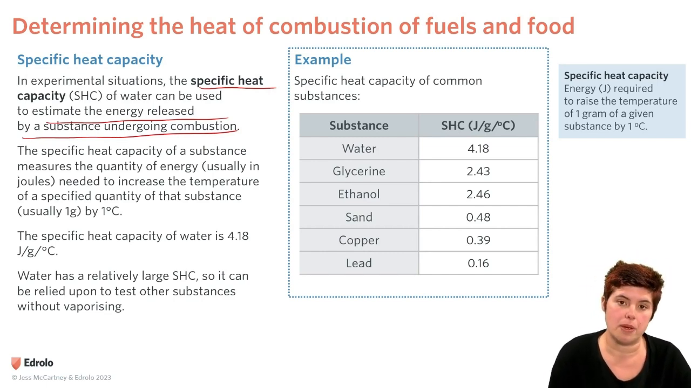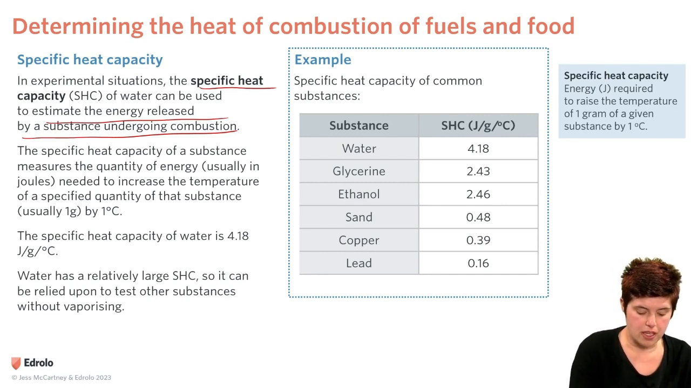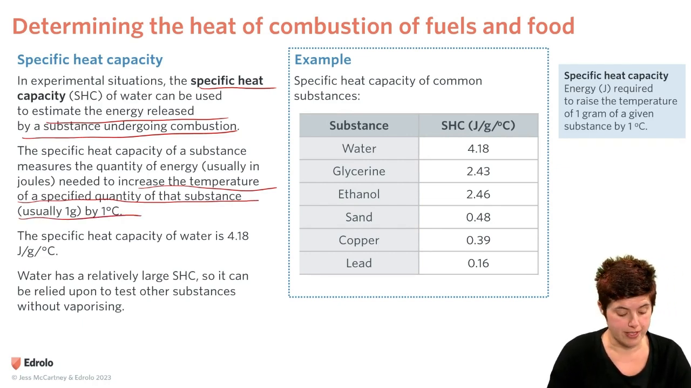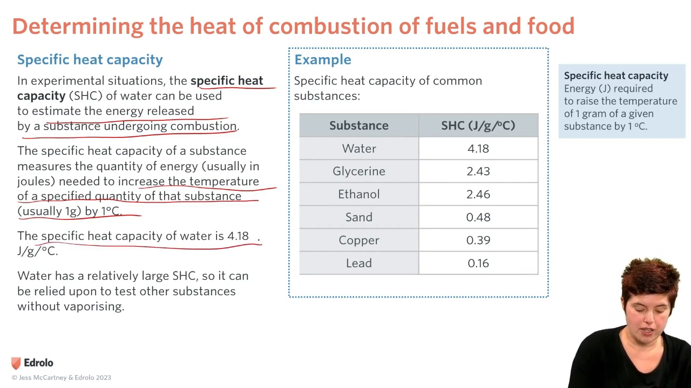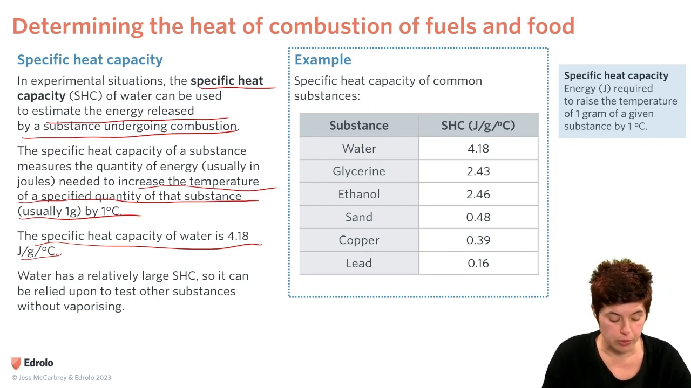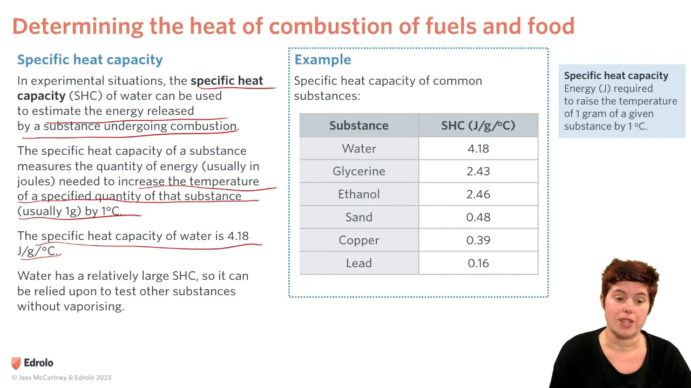So if you remember back in Unit 2, the specific heat capacity is the energy required to increase the temperature of a specified quantity, usually 1 gram, by 1 degree. So the specific heat capacity of water is 4.18 joules per gram per degree, and this is found in your data book. So water has a relatively high specific heat capacity, and this is why it's very useful when we're doing these types of calculations, because that means we can actually heat the water up, do the calculations without it